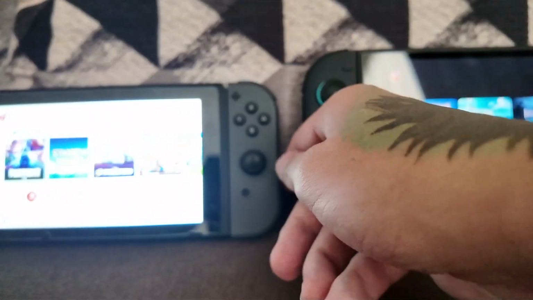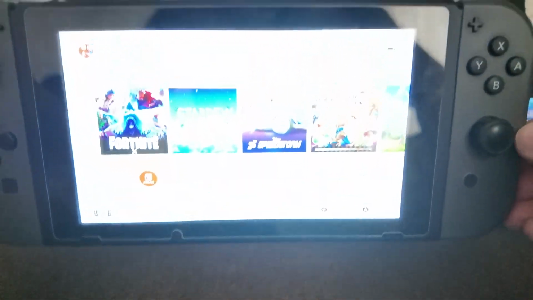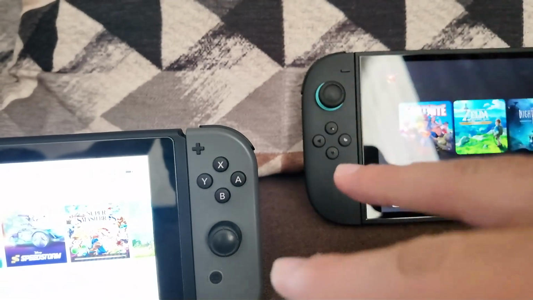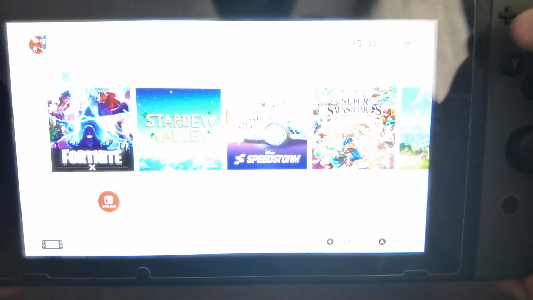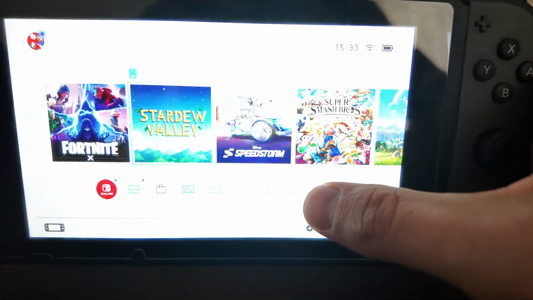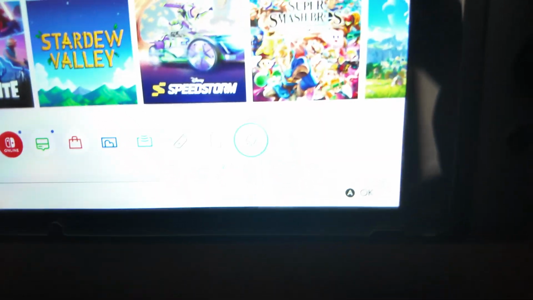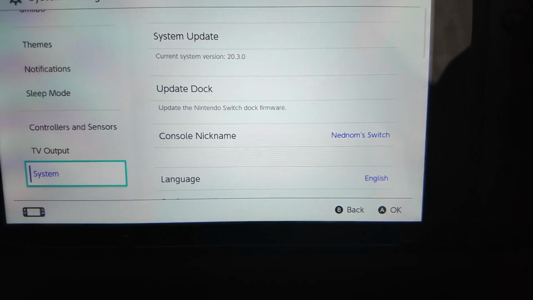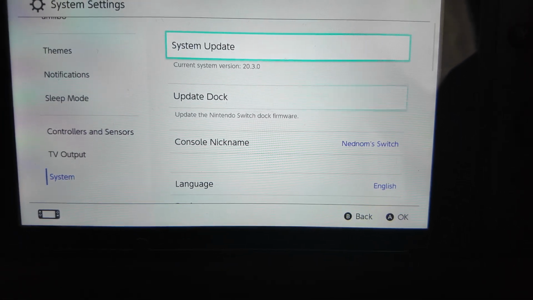Alright guys, here's how you can transfer your data from the Nintendo Switch 1 to your Nintendo Switch 2. Make sure you have both devices nearby, and from the Nintendo Switch 1 we are just gonna go into System Settings here. So click on System Settings, this button. Alright, click on System Settings, then you want to scroll down until you see System, select System, and right here